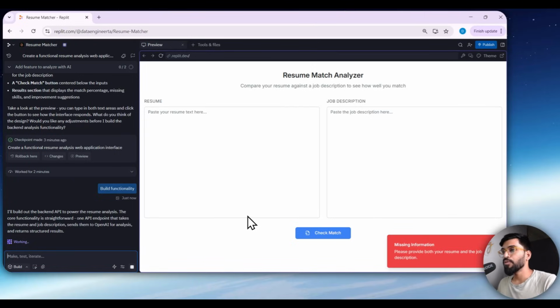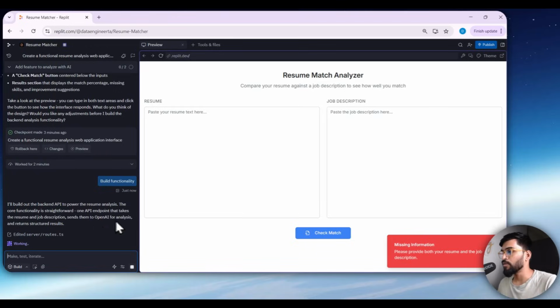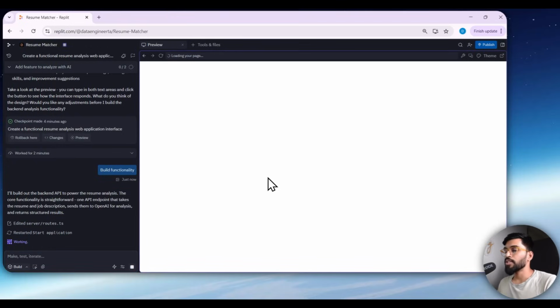As I told you before, it is integrating OpenAI to analyze my resume and job description when I click check match. So that implementation is happening in the backend. Let's wait for it. It will keep refreshing whenever there is a new change happening in the backend, right? So that's how it is.